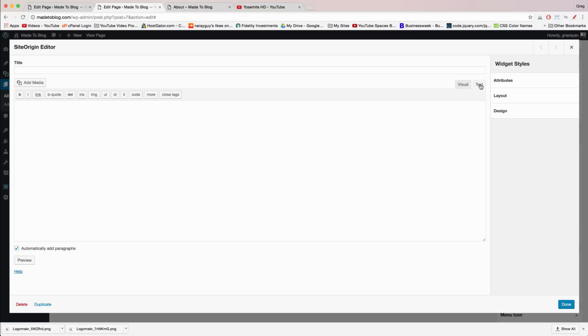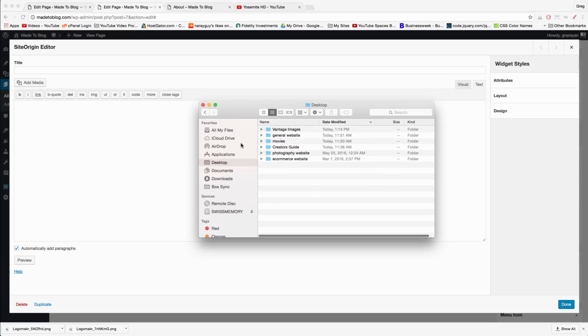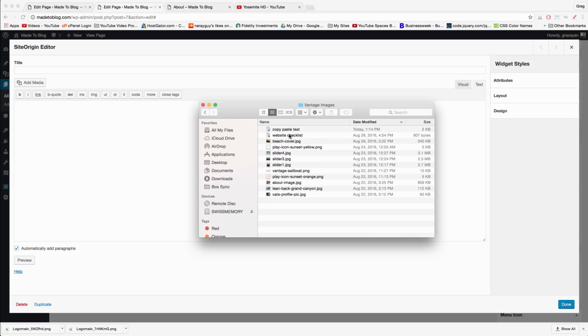And make sure you're in the Text tab. So now what we can do is open up our Vantage Images folder we downloaded earlier. And I'm just going to use Finder, but remember that might be in your Documents, your Downloads, or your desktop. Mine's on the desktop, and once you find it, I would put it on the desktop so that you can always find the folder. And then open up Vantage Images, and now we can open up the file called Copy